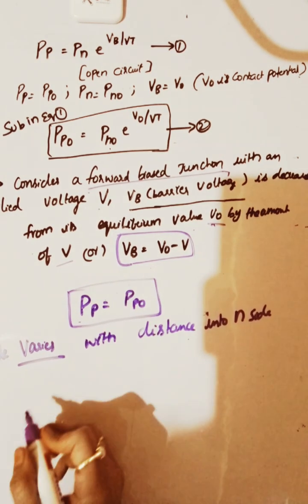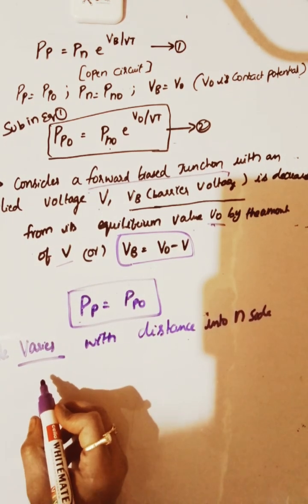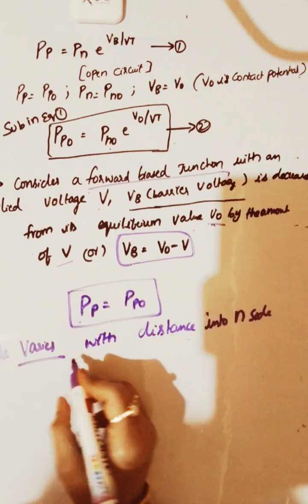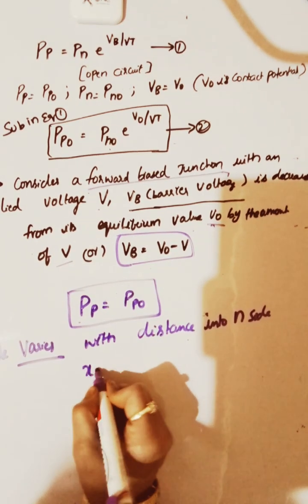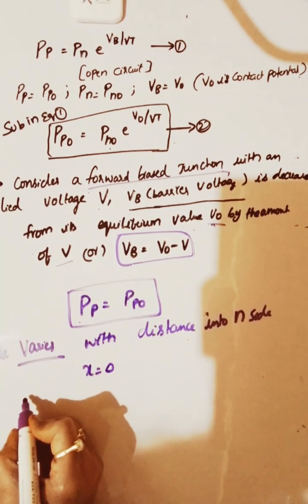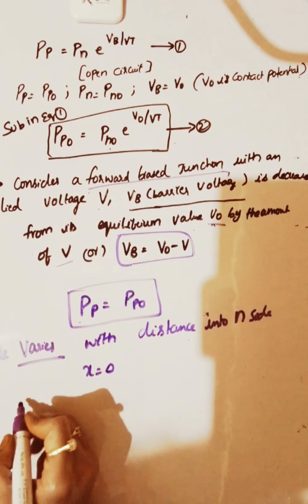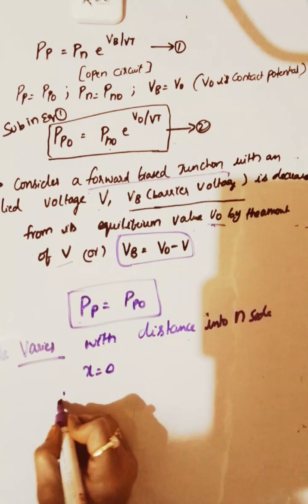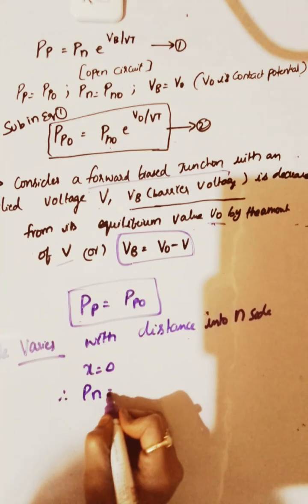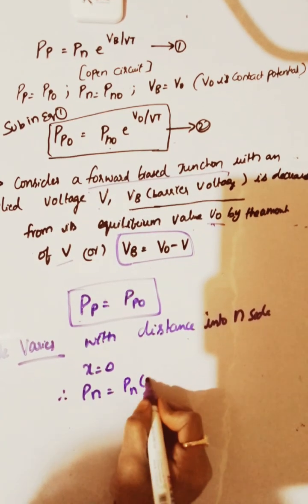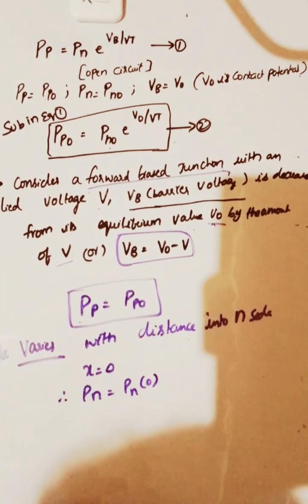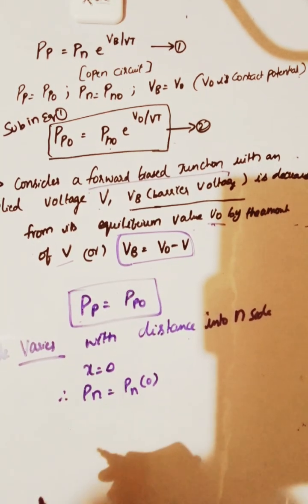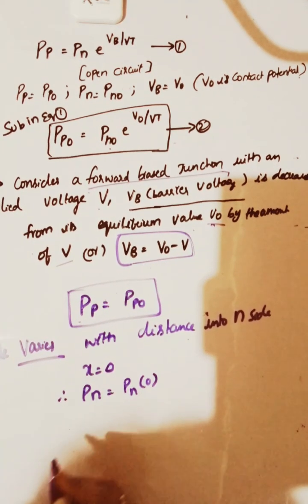At the edge of the depletion region, the distance from the junction is x equal to 0. Therefore, Pn is equal to Pn0. For this case, the Boltzmann relation is